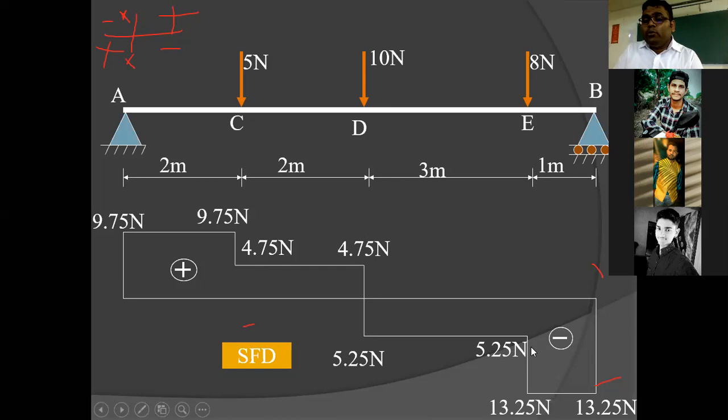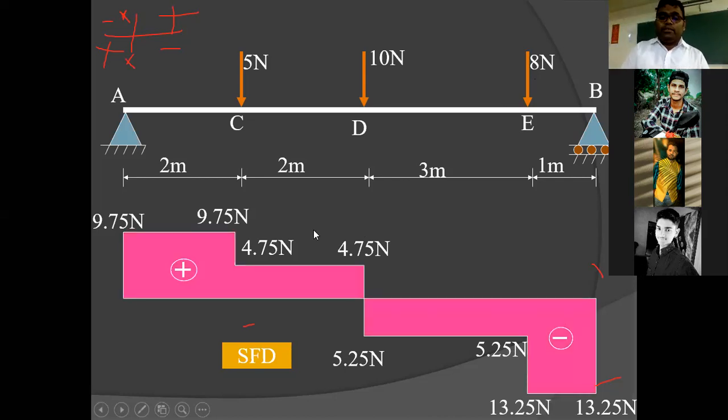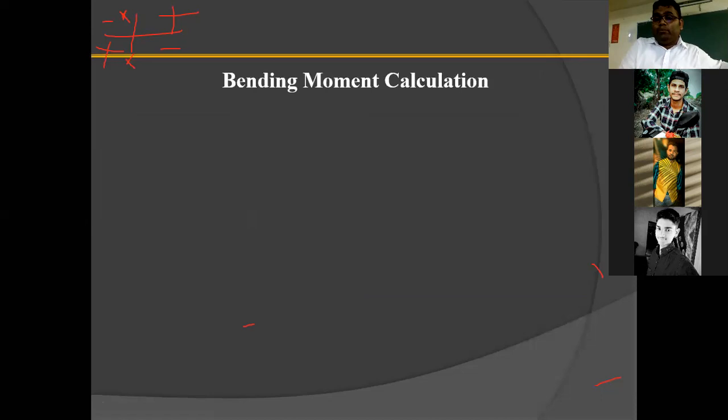दैट -5.25 आया, तो वो वहाँ से वहाँ तक माइनस हो गया, देन इट्स सेम वैल्यू, देन 8 और नीचे जाएगा 5.25 से तो 13.25, देन दिस। So this becomes the shear force diagram. So you have to draw this kind of shear force diagram in all the problems which come in any form of the numerical. So let's find the bending moment.